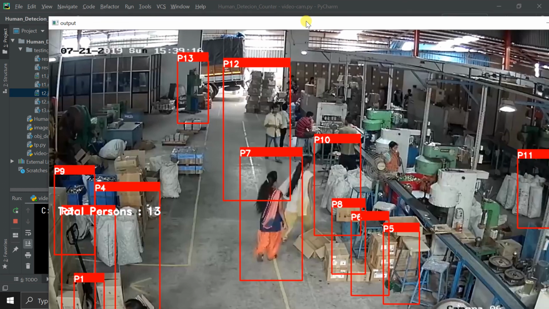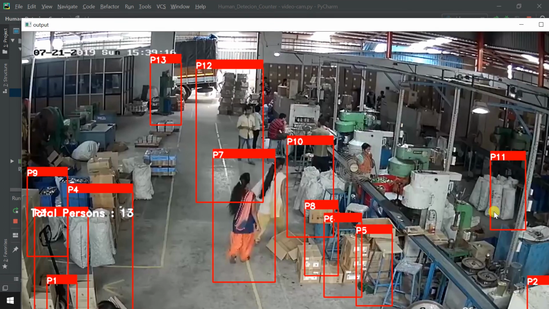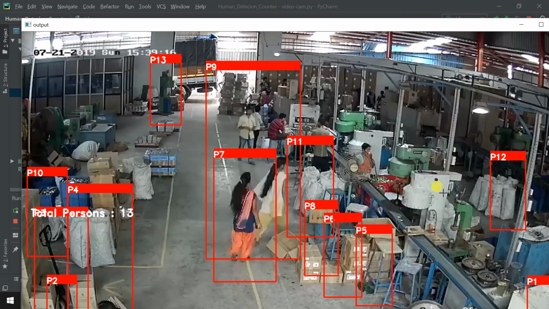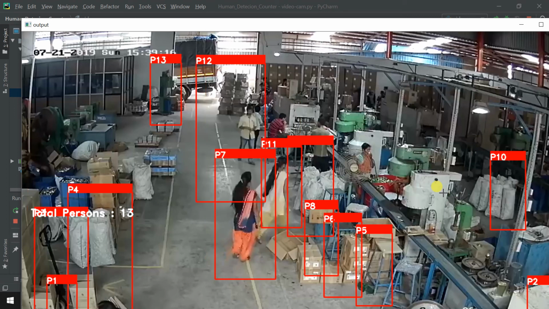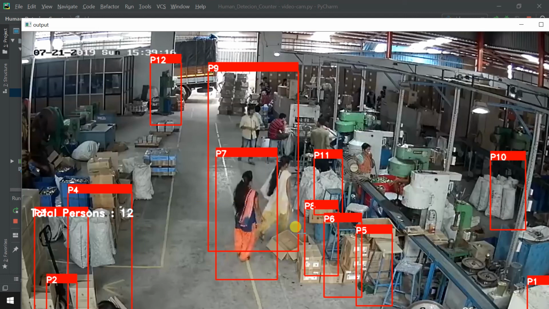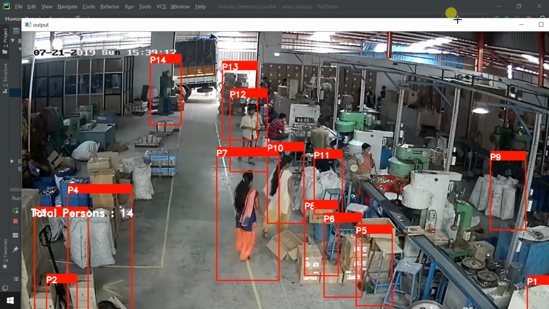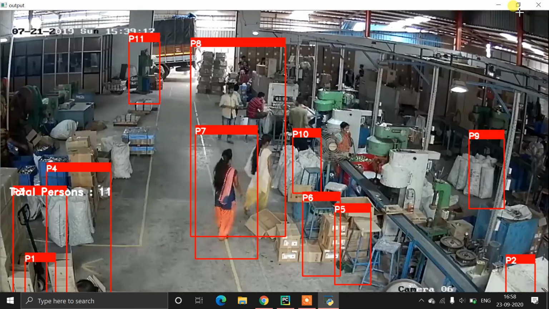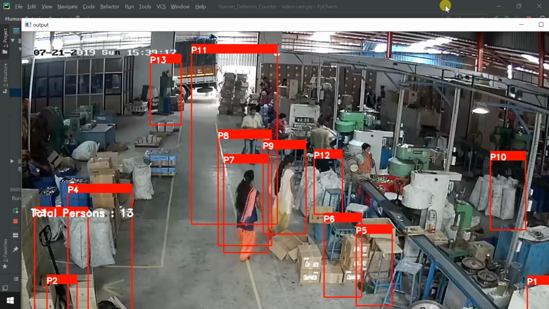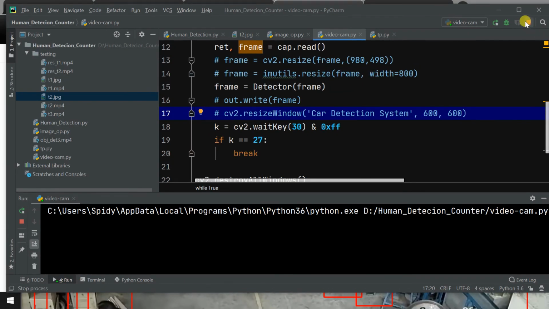Okay, now the result is very bad, you can see. According to me, you need to change the resolution of videos and images also, otherwise it will give ghost results, like a person detected here, here and here. Without changing the resolution, the result will be very bad.